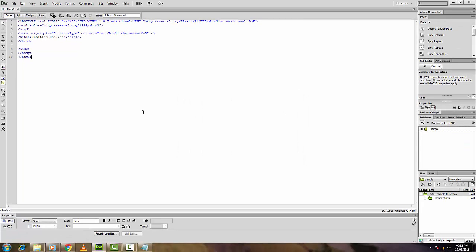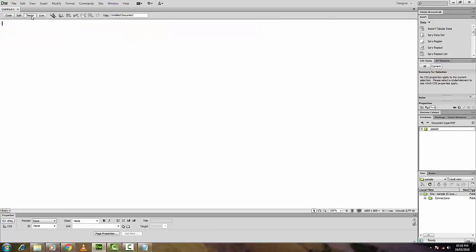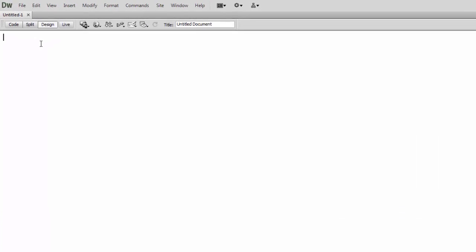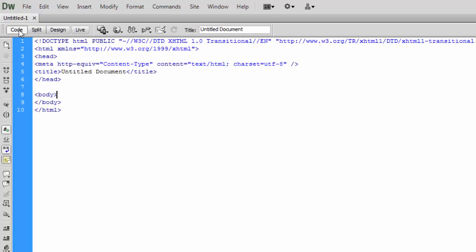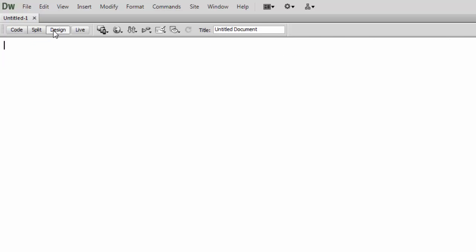Done. Now what we have to do, we can go to design because we use Adobe Dreamweaver. We don't have to hard code each and every piece of coding. Simply we can go to design mode and we can design it. So it will be much easier than typing each and every code. And once you do design, automatically code will be generated for you by Adobe Dreamweaver. So now what we can do,